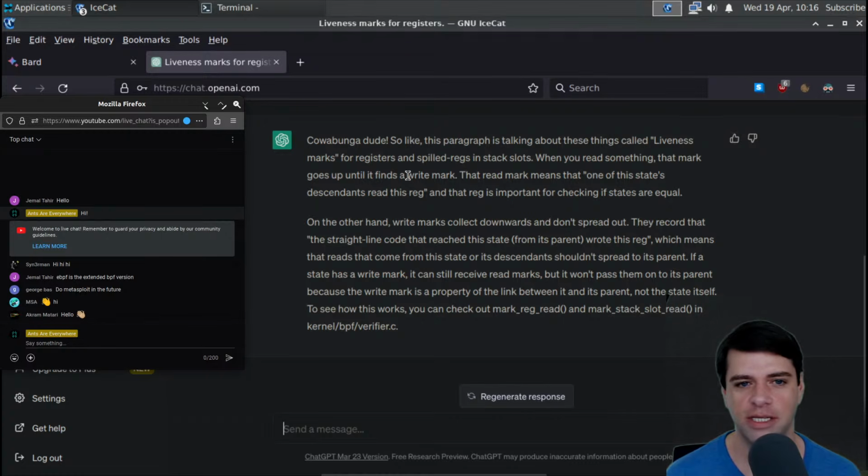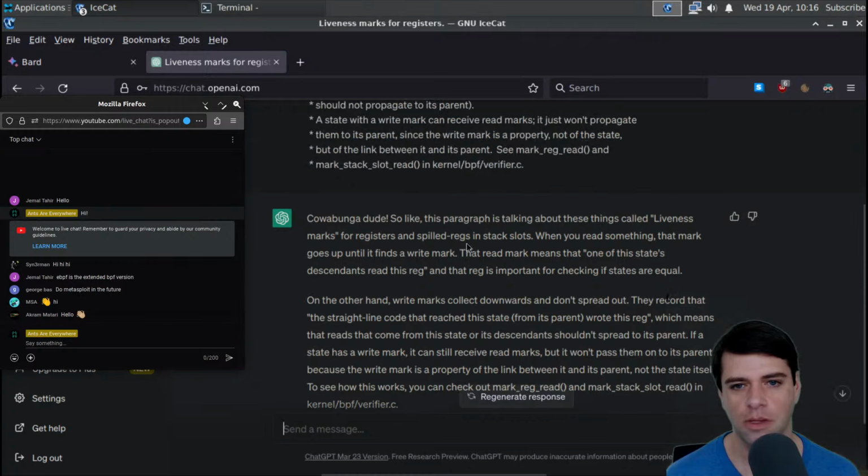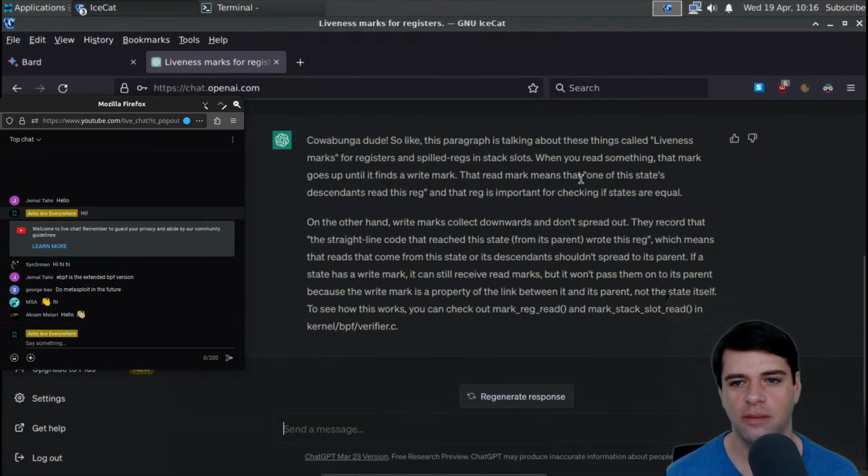So we've got these liveness marks for registers. Okay. So when you read something, that mark goes up until it finds a write mark. But what does it mean to go up? That read mark means that one of the state's descendants read the register. Okay. So we've got this kind of stack thing going. And if you see this mark, that means somewhere, one of my descendants read it, but maybe that descendant is gone or no longer here. On the other hand, write marks collect downwards and don't spread out. They record that the straight line, which means that reads that come from the state or its descendants shouldn't spread